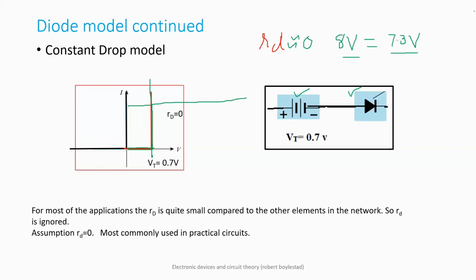If it is of germanium, then this becomes a 0.4 voltage drop, and this becomes 7.6 volts. So this is quite simple as that. And in case of reverse bias, your diode does not conduct. So if you are applying -8 here, you are always getting 0. If you are applying +8 here, you are getting 7.3 volts. And for every voltage, you have to do like that.